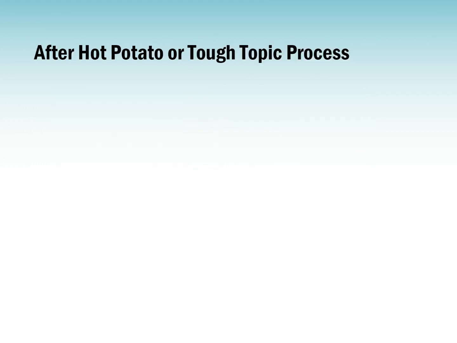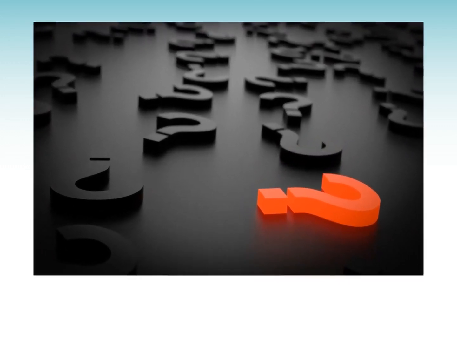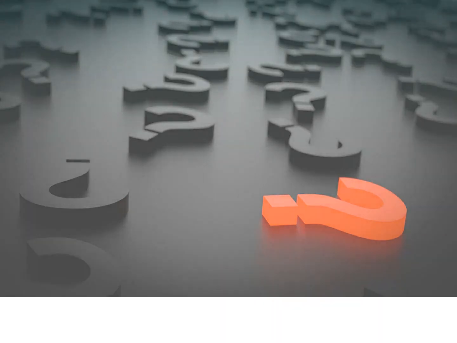If you have worked through the hot potatoes, tough topics, emotional stages process, and the participant is still distressed, you will need to ensure the participant is safe by asking them about suicidal thoughts to assess if a mental health emergency exists. Note, a program leader will have to ask the participant this question in front of the group. There are several possible scenarios where you are assessing if something is a mental health emergency.